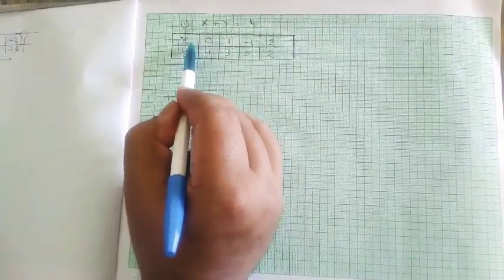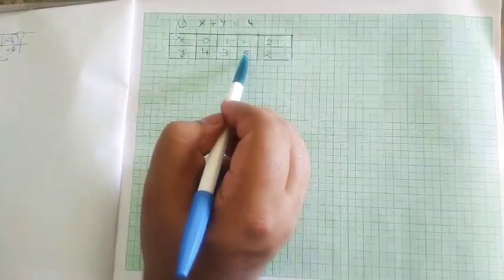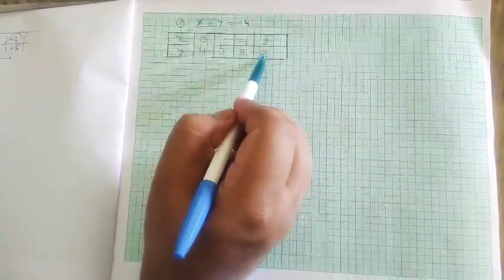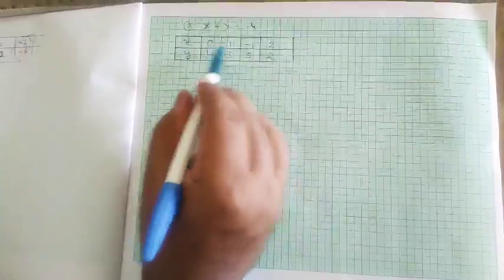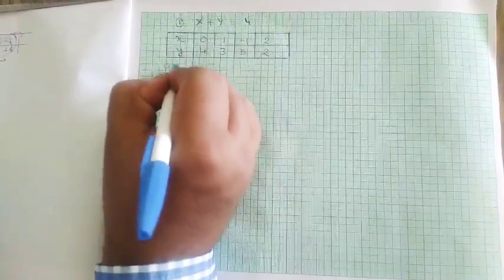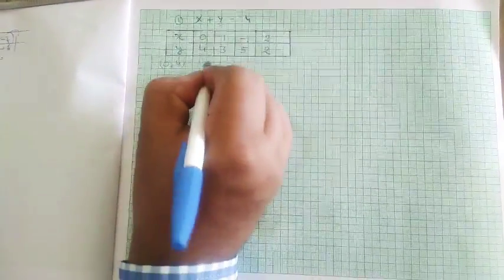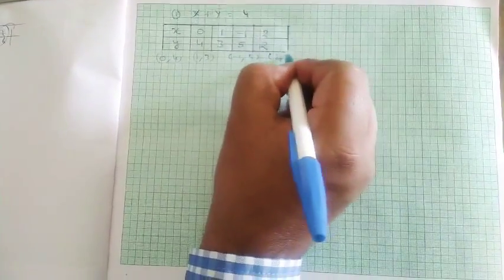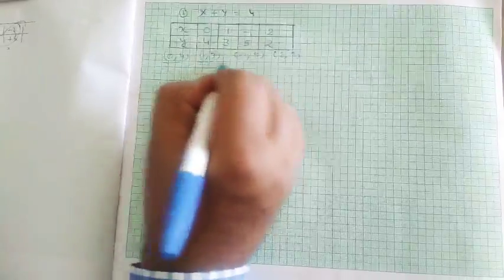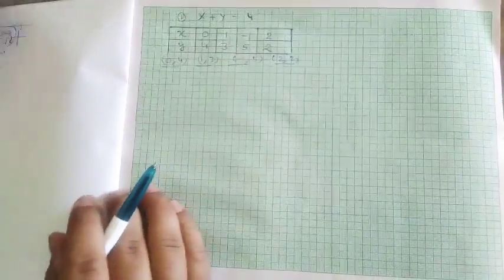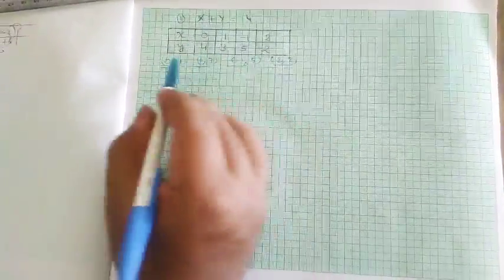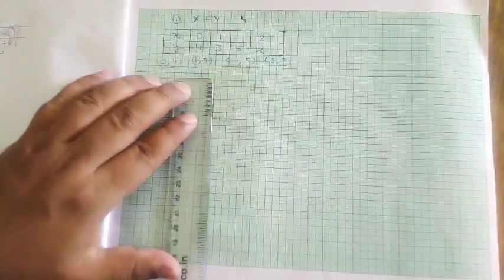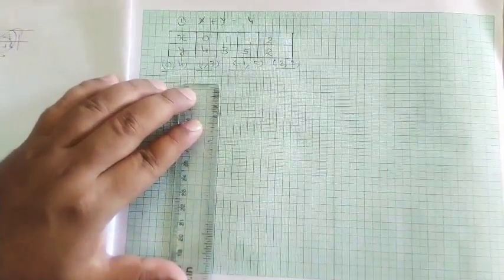If you put x is equal to minus 1 in the equation, we shall get y is equal to 5. If we put x is equal to 2, then we will get y is equal to 2. Now we have the coordinates (0, 4), (1, 3), (-1, 5) and (2, 2). These are the points that we have. Now all these points, or all these ordered pairs, are solutions of this equation. So now we shall draw these points on a Cartesian plane or graph paper like this.